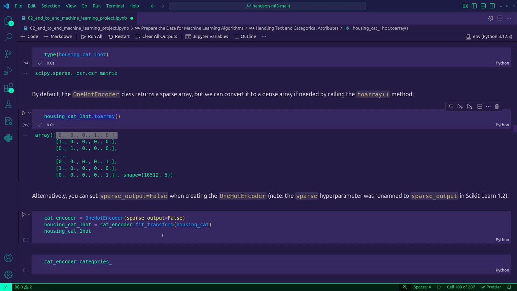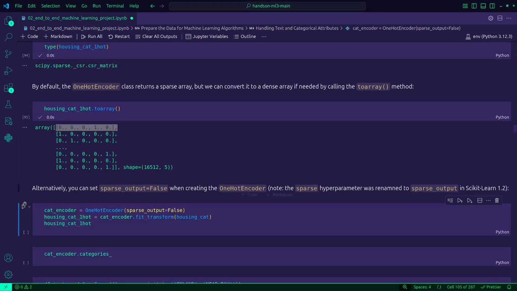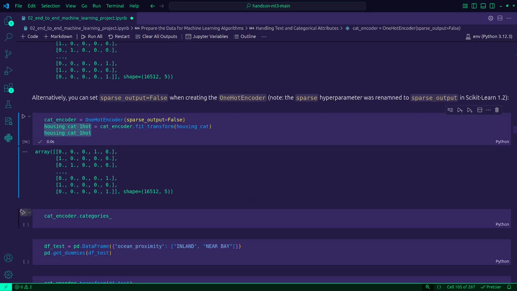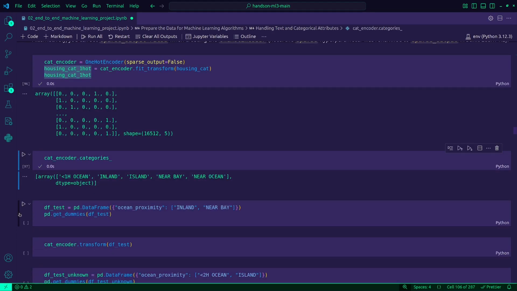Each row will have exactly one hot value and the rest will be cold. Okay, let's skip this. Here we see the categories.